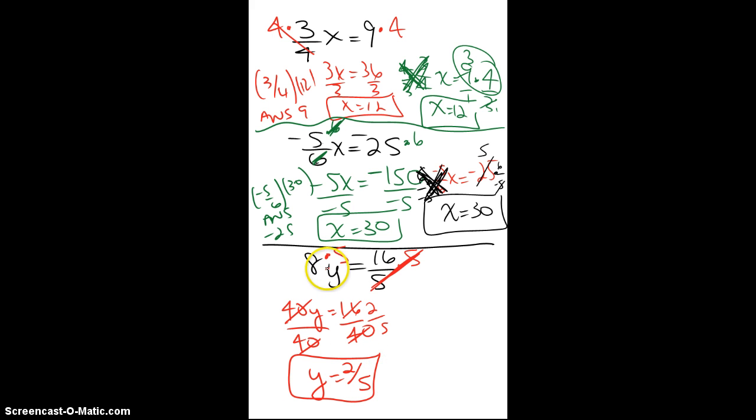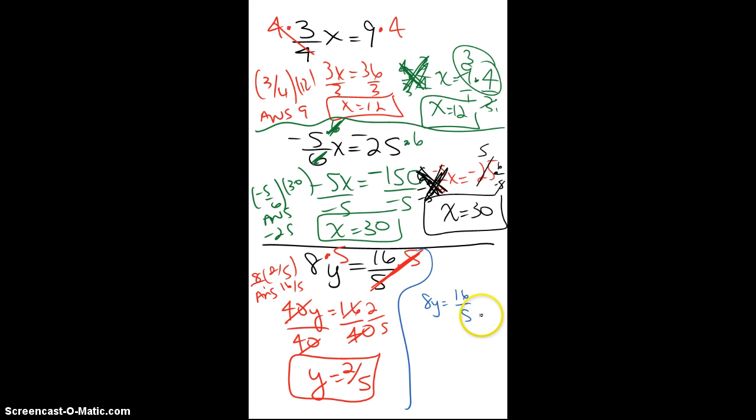And again, I would check it, I would sub it in, and make sure I got it right. So I'd take 8 times 2/5. And see if the answer is really 16/5, which again, if I put a 1 under there, I'm like, yep, that's right. Again, if I want to just do fractions,